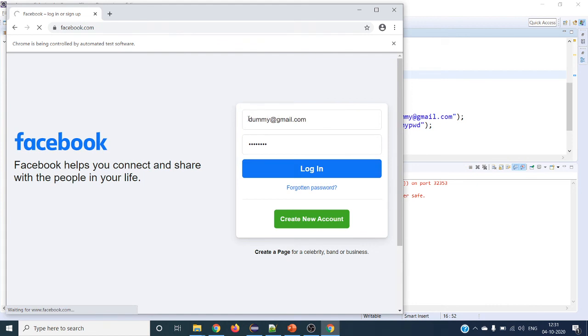Now you can see it is entered in the right input text and password, and it clicked on the login button and is trying to log in. It has to throw an error because this email ID and password do not exist on Facebook. It is still trying to log in.